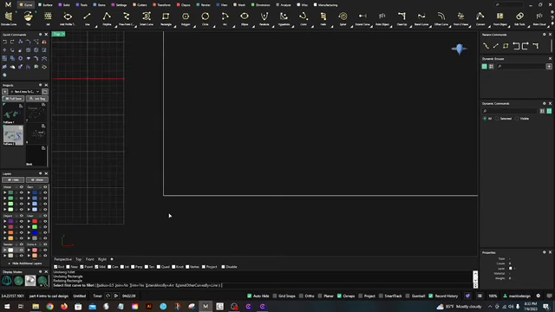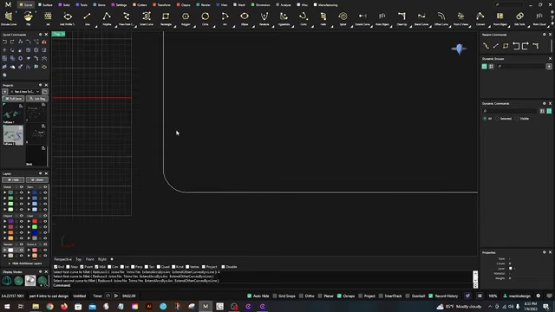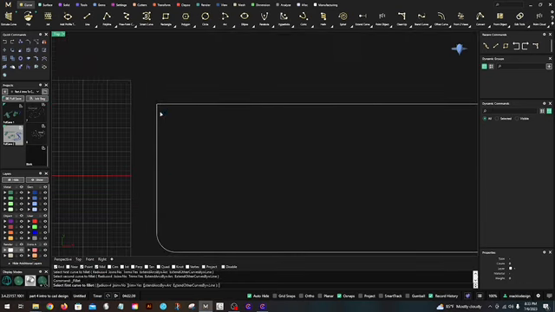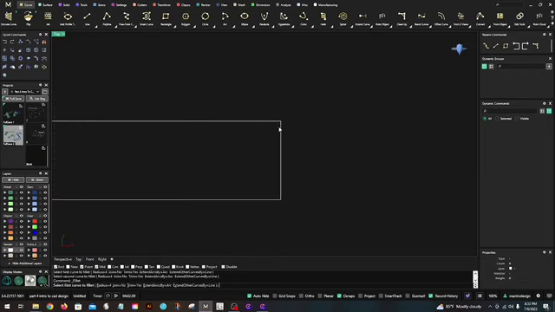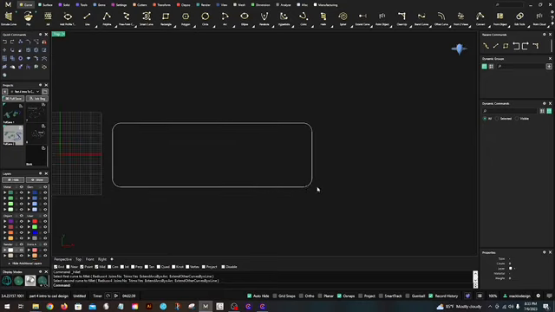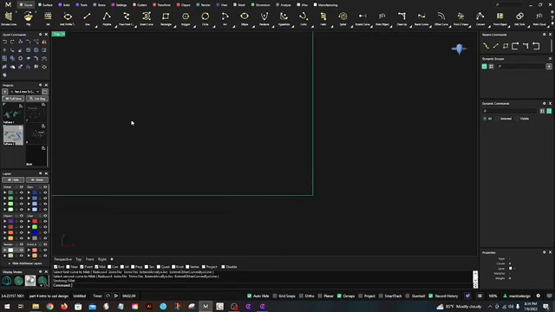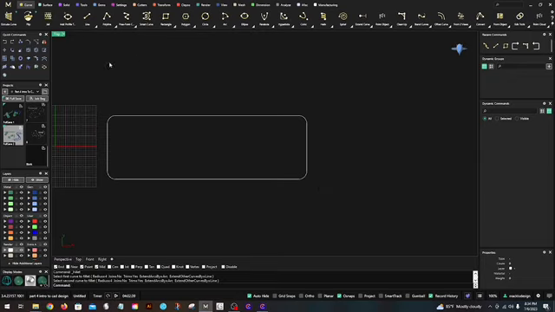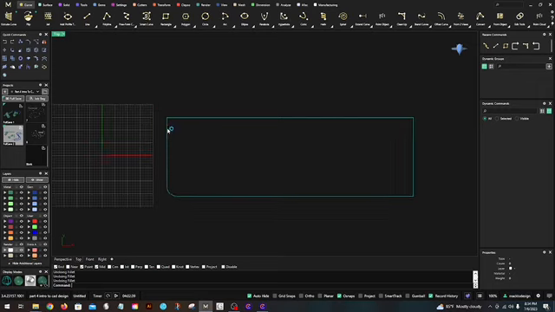And this is something that I used to use all the time, and I really just never paid attention to where it might be. See, this is where you click enter to activate it again. There we go. And you press the corner that you want to fillet. You want to do that really close to the corner. There you go. And this is handy. I'm going to back up and undo. This is handy if you want to do